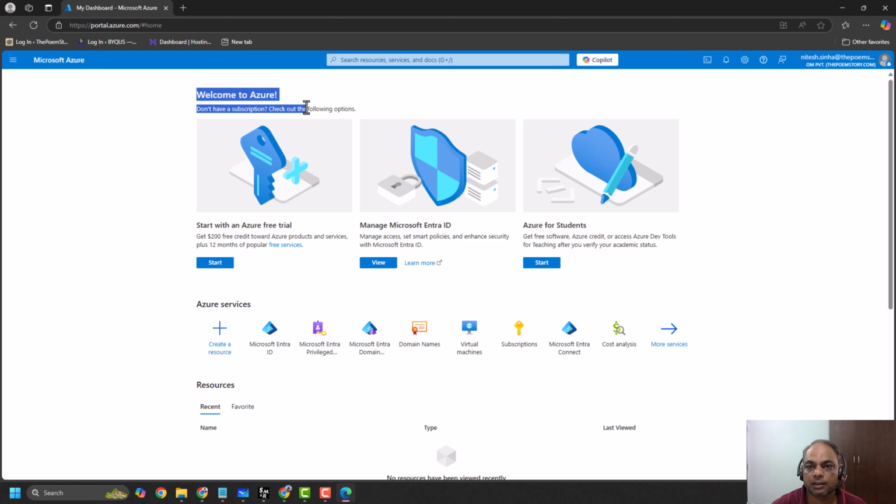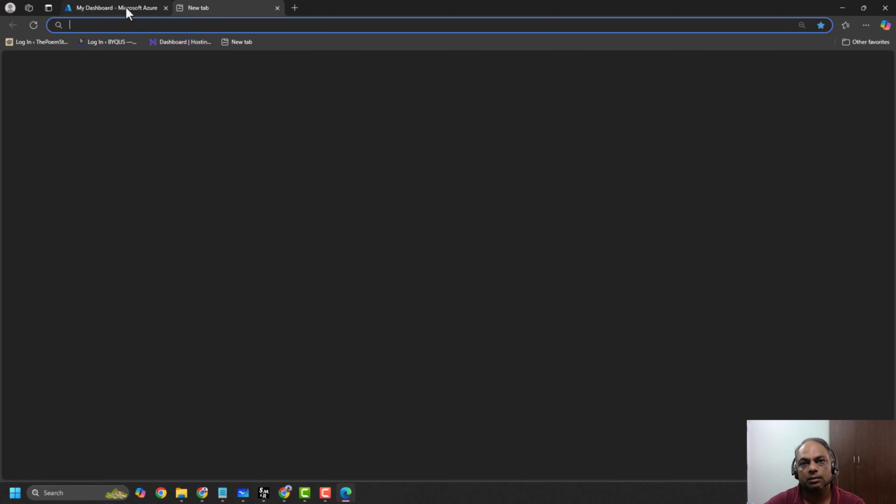So this is the free trial. You click on start and you get $200 credit. So 12 months of popular free services, but that are of not much use till the time you don't understand how to use them. All right. Because I have exhausted my free trial, if I start it over, it will ask me to go through a pay as you go subscription. So let us see. If I click on start,